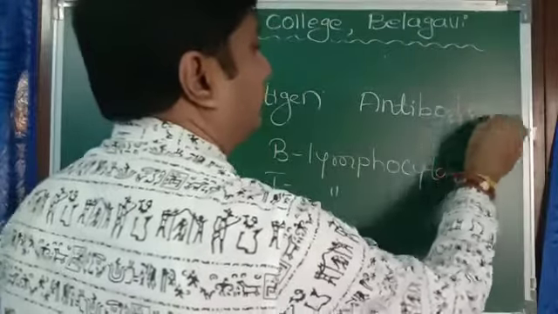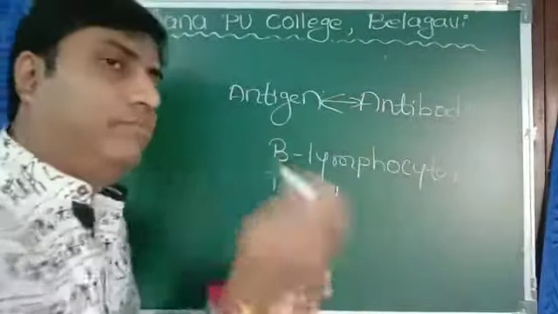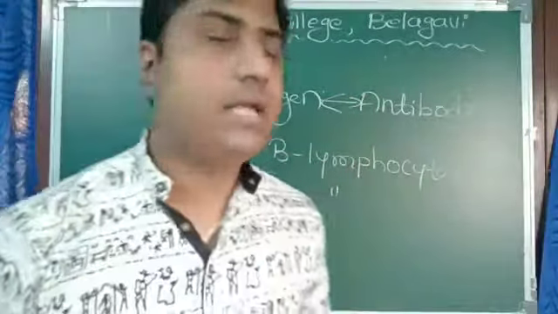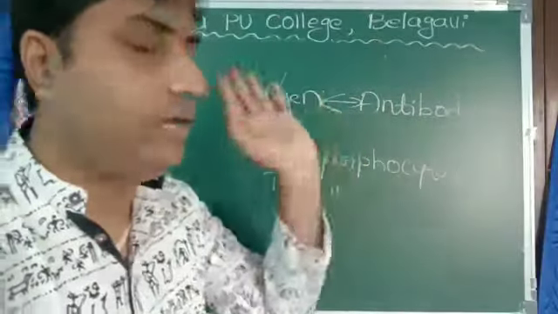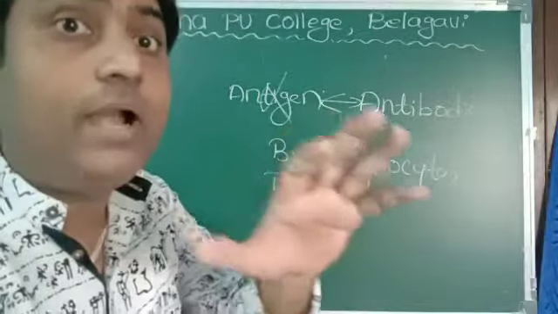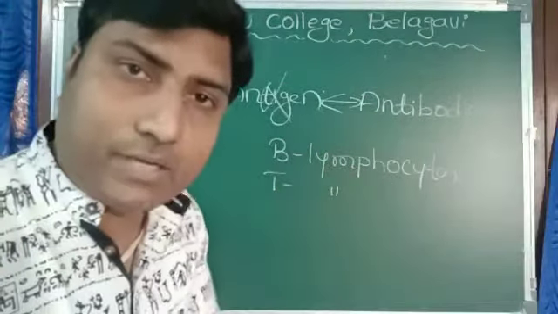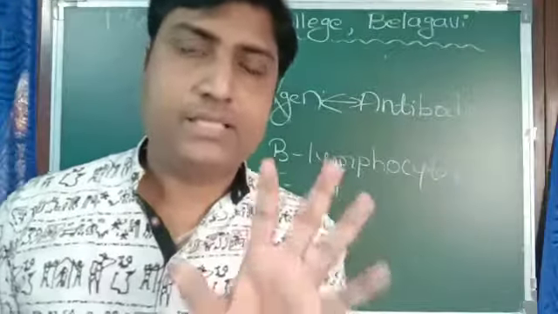So the interaction between antigen and antibody takes place, and antigens are nullified. The effect of the antigen is nullified and we are safe from the disease. This is called acquired immunity. This is acquired later in our life. Now this is a kind of active immunity.